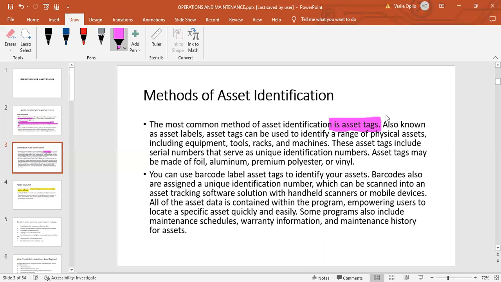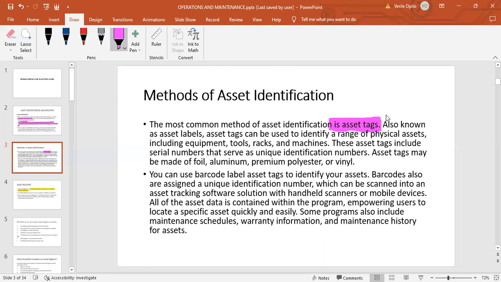In that case, when someone sees this asset label, they are able to identify that this asset belongs to this particular company. So when someone sees you with that asset somewhere else, they are going to ask themselves, where did this person get this? Did they steal it or were they given it? So in order to avoid those speculations, people will just decide that they are not going to be taking or misappropriating